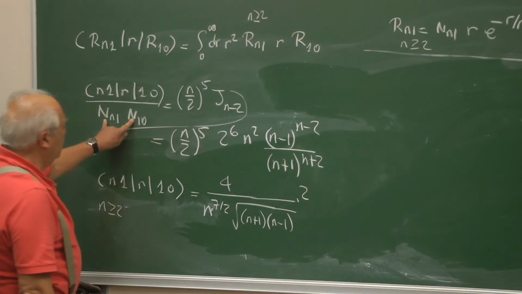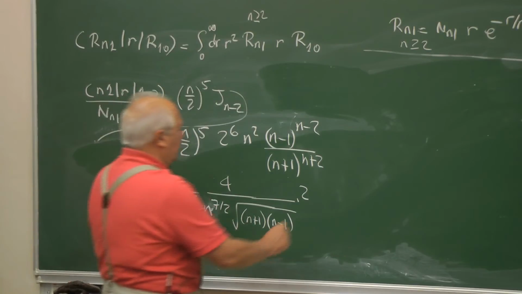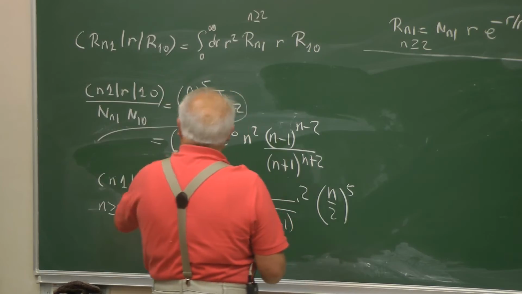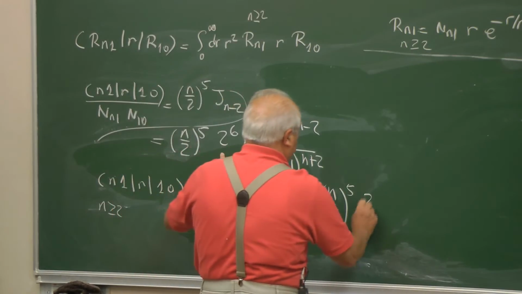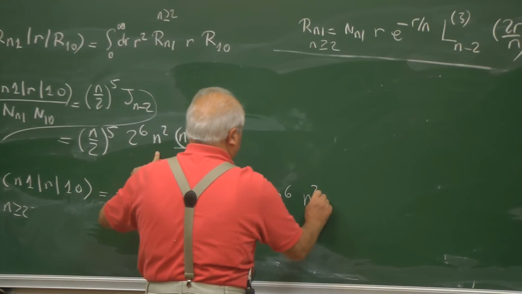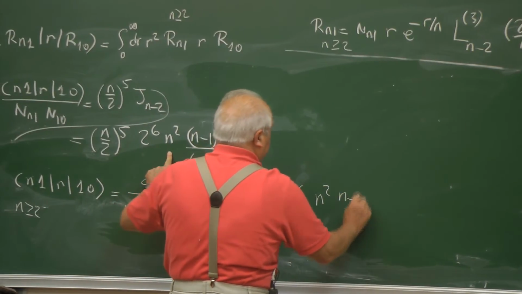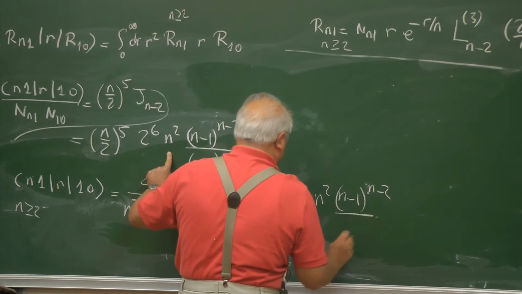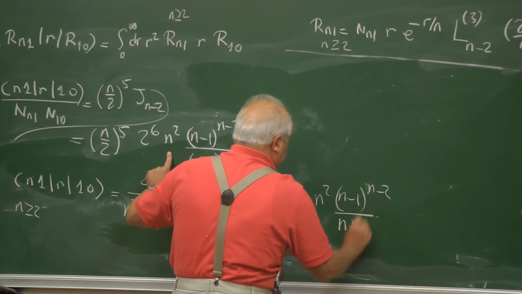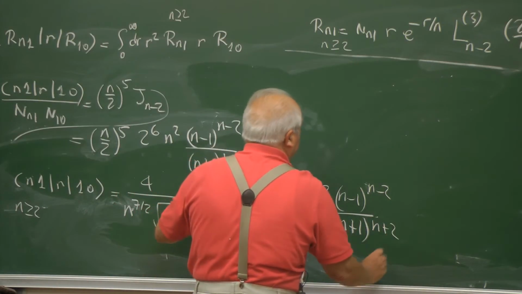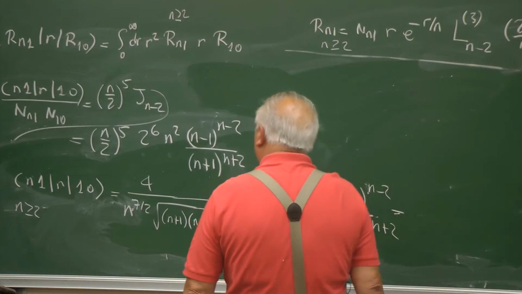I wrote the normalization constants. Then I have n over 2, 5, 2 to the 6, n square, n minus 1, n minus 2 over n plus 1, n plus 2 equals